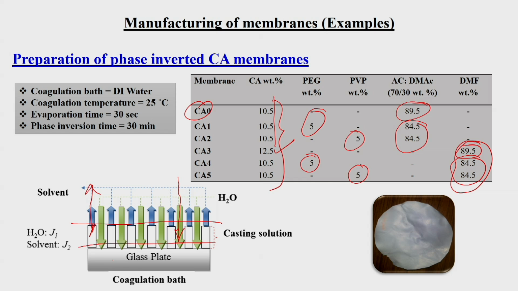So, in 30 minutes the acetone, DMSO and DMF will be coming out and mixing with water, whereas the water will be entering into the membrane film. That takes place in 30 minutes. If we allow more than that time, it will not help anyway, and finally, we will get that polymeric film.